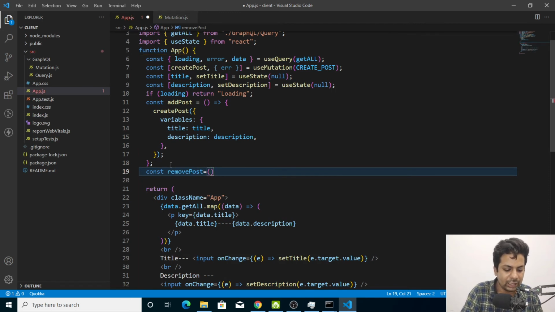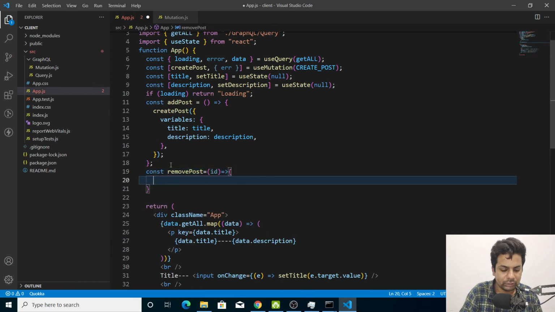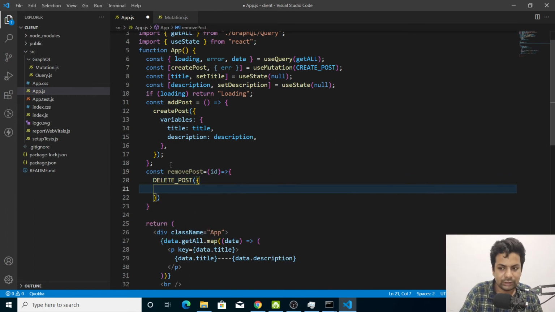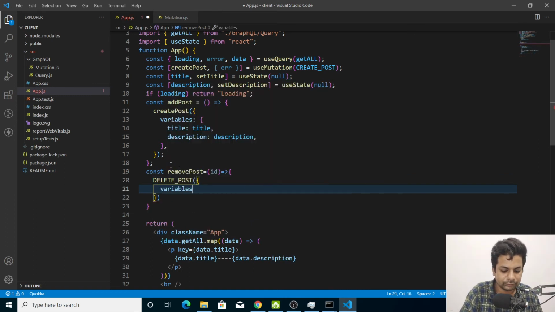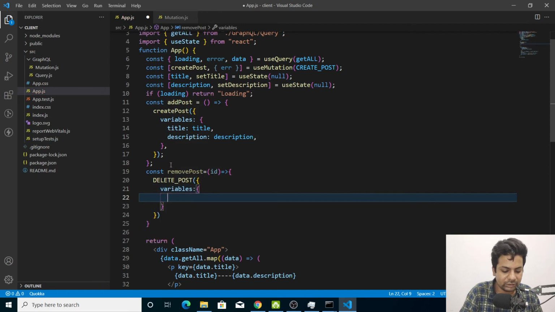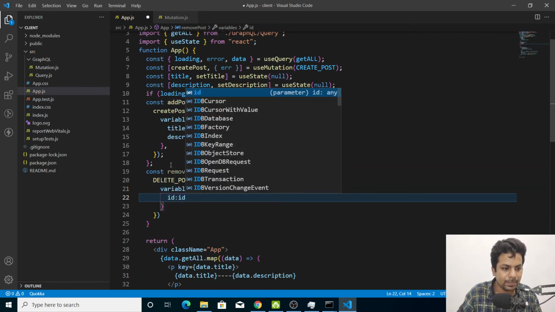Here we'll get the id of whatever we want to remove. Then we'll say deletePost, because it is called deletePost. Then here we'll say variables, and we are sending just the id.